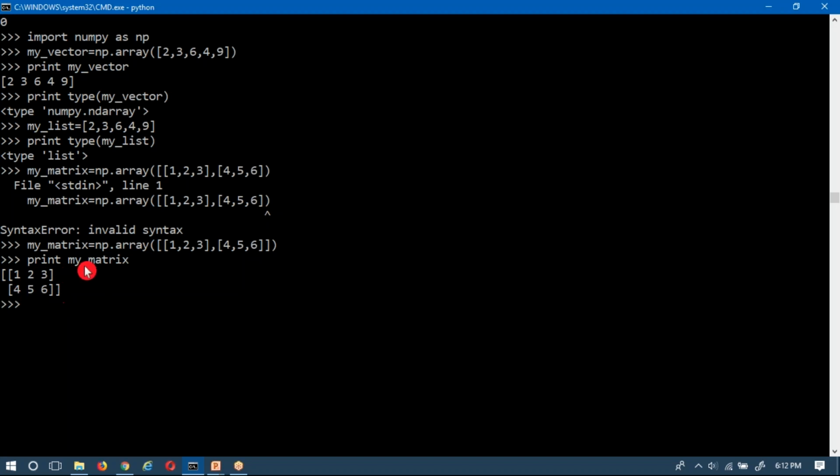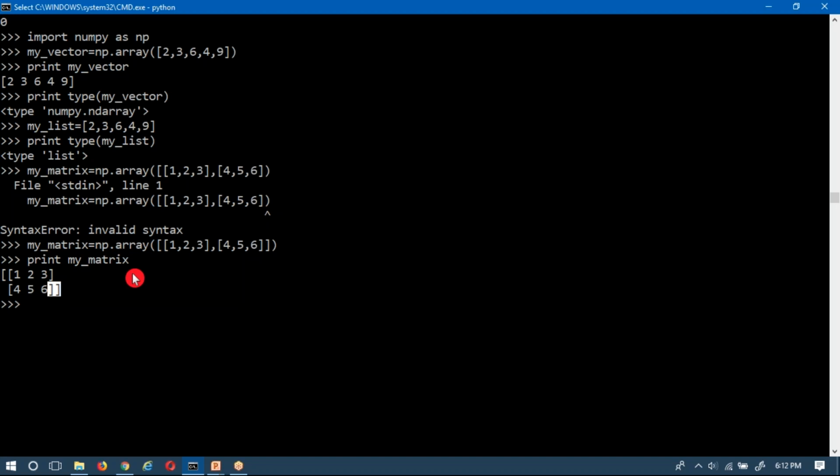Now this is a two-dimensional array, and simply you can remember: after printing your resultant array, if you get your entire data in single square brackets, then that is one dimensional. You have only one square bracket there, but if you observe here, you have two square brackets, so we can say that this is a two-dimensional array.